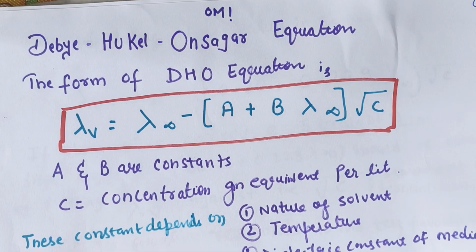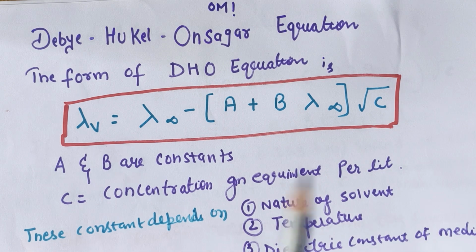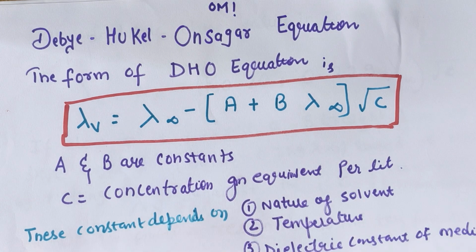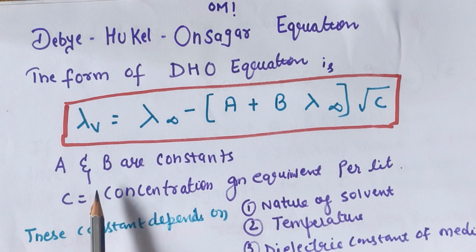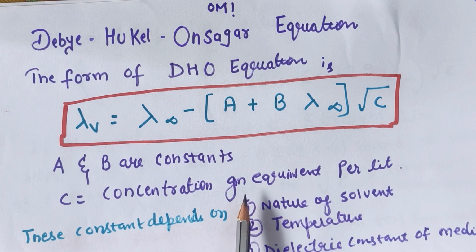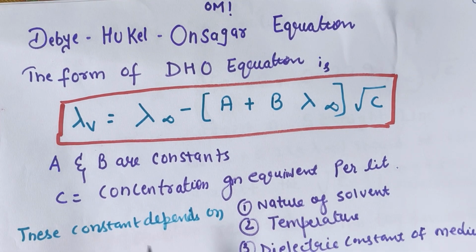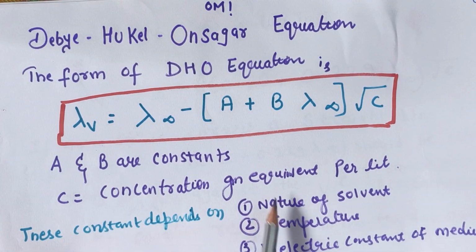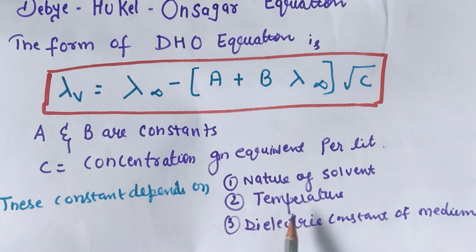So what are these terms? If it is asked in a 2-mark question, what is the Debye-Huckel Onsager equation, you can give this answer. Here A and B are constants and c is the concentration in gram equivalent per liter. These constants A and B depend upon the nature of the solvent, temperature and